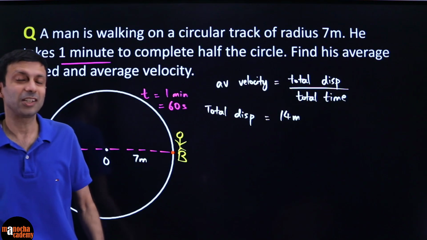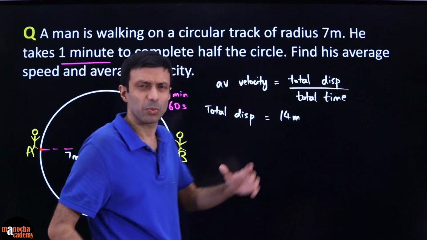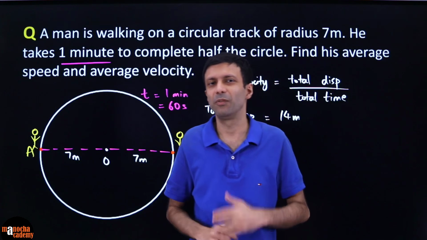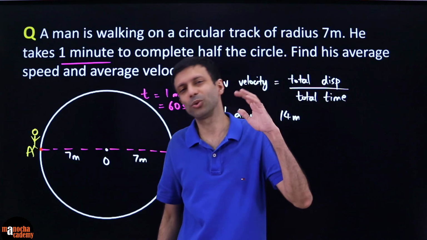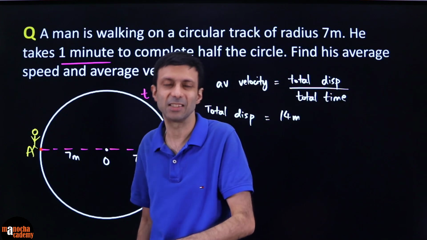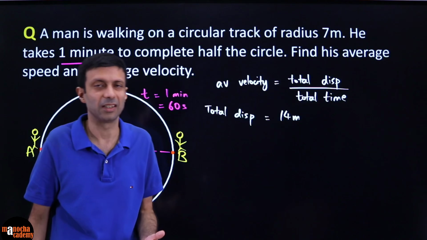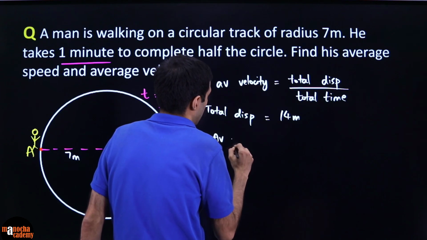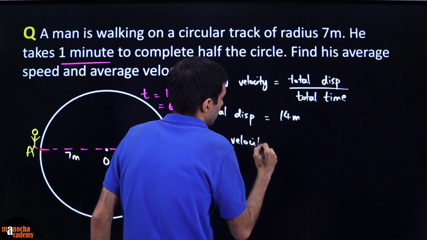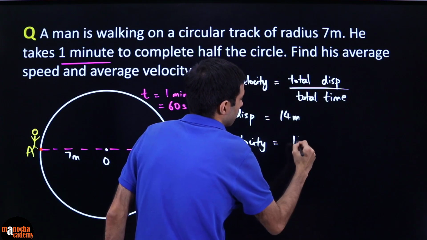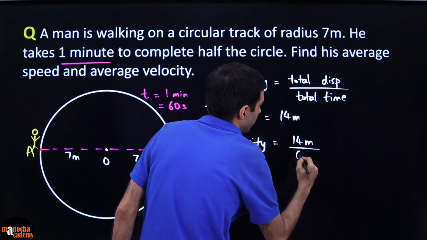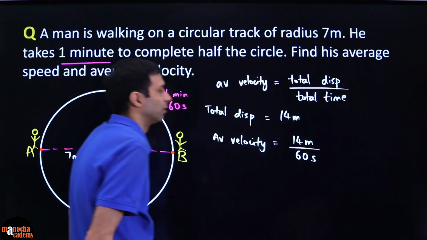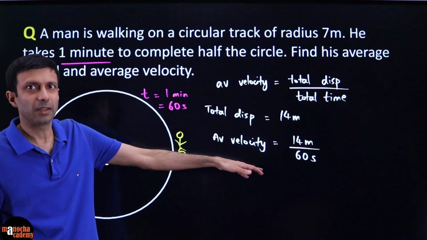Why am I converting to seconds? We want to be in SI units. Remember, that is why that unit class was very important. We want to write our answer in SI units. So displacement in meters, time in seconds. In SI, that's how the units are. So let's go ahead and substitute. Average velocity is therefore going to be 14 meters divided by 60 seconds, which is basically 7 divided by 30,